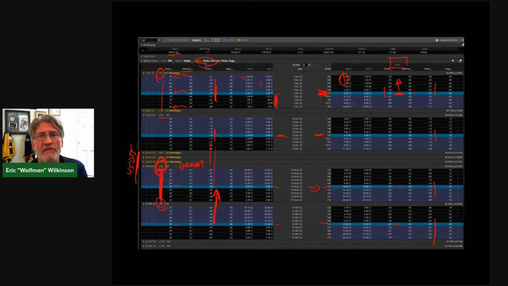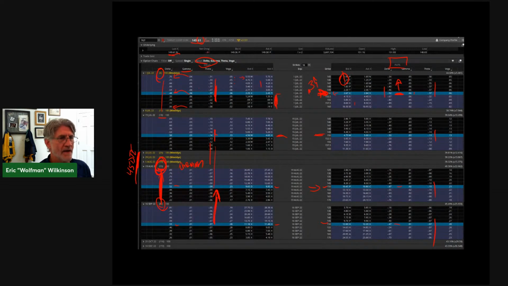Those will have a value because it has to be equivalent to what the underlying is currently trading. So this is 49. Basically, if this was to expire, we're talking about the 150s, right? It has basically 39 cents of extrinsic